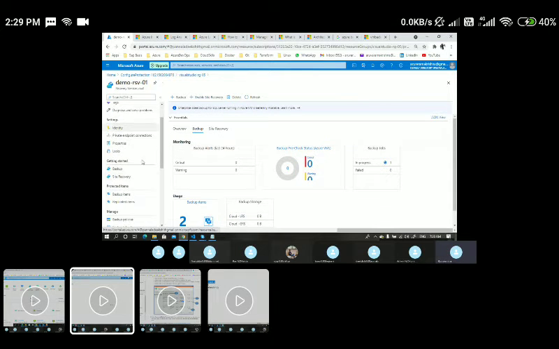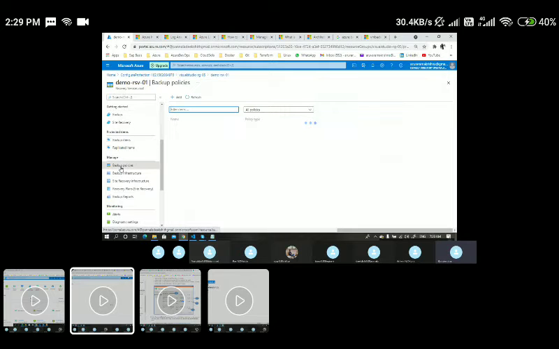All right. If you want to see these protected backup items, under the protected items you can go to backup items. And if you come down, you can see the backup policies here. These are the default policies and the custom policies we have created. You can see everything here. This is the policy which we have created, that is demo backup policy, and this is the default policy which came by default when we created a recovery service vault.